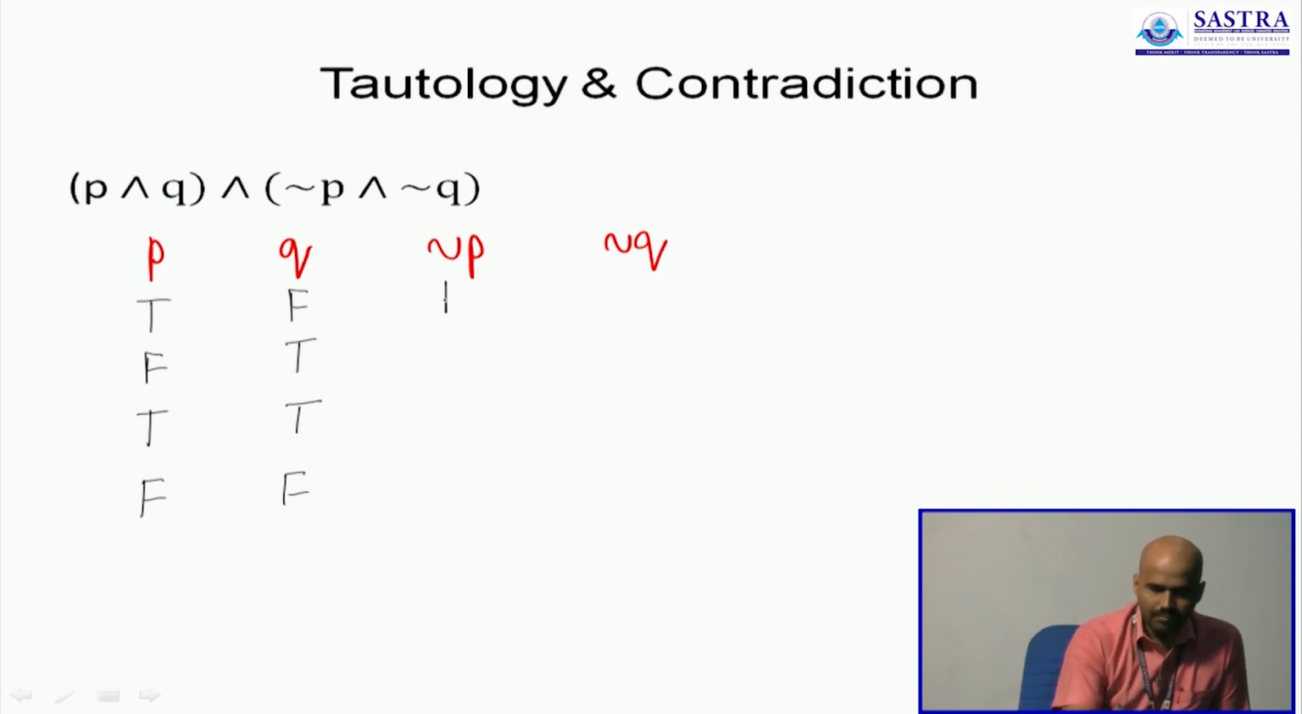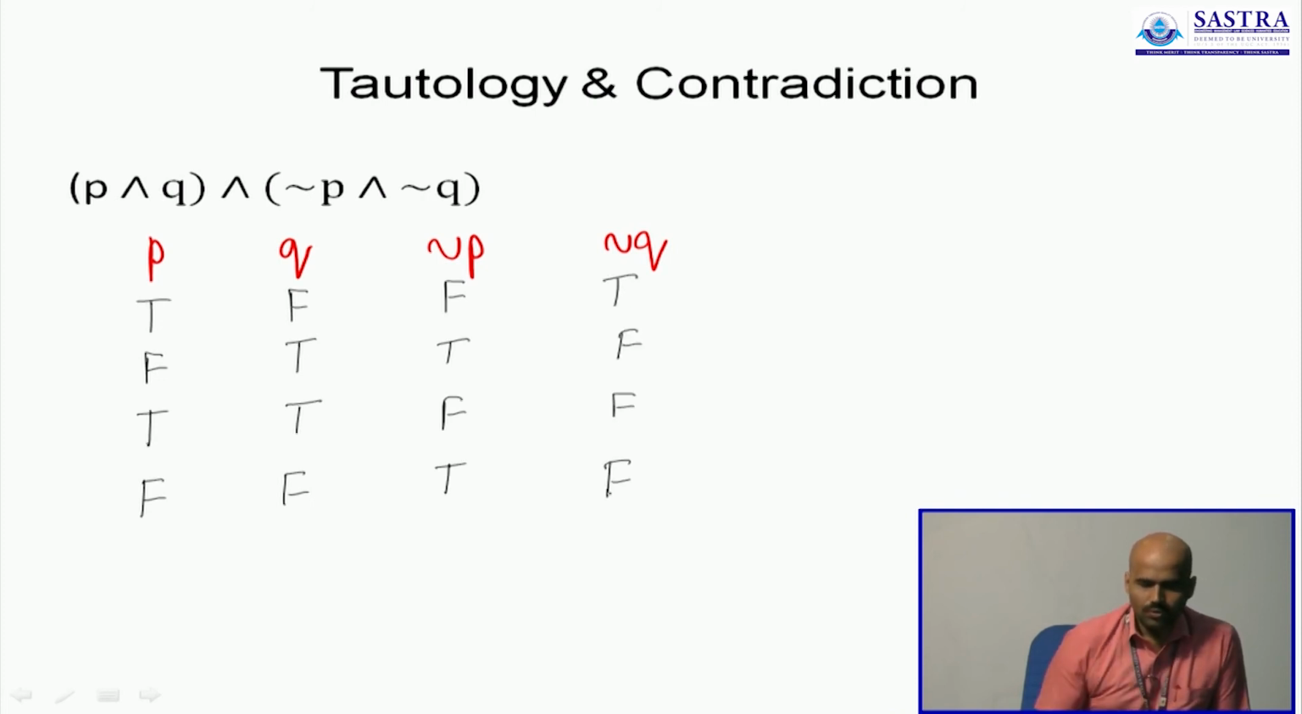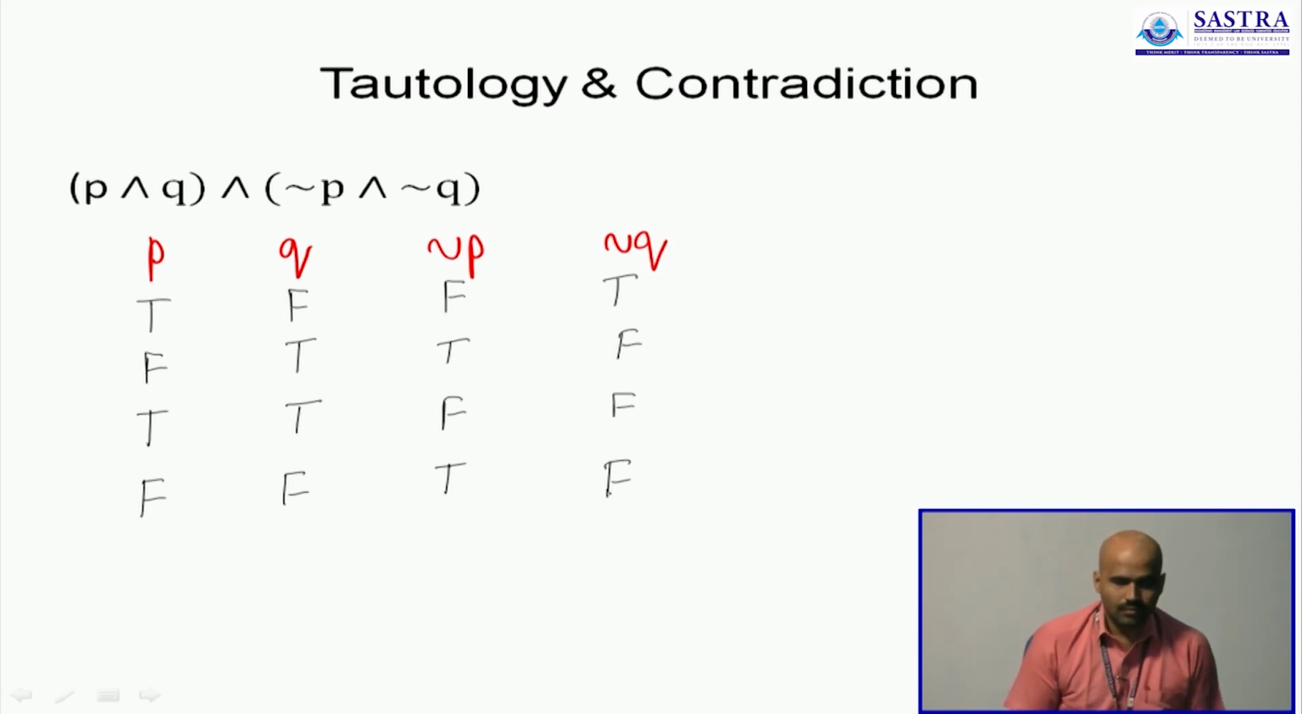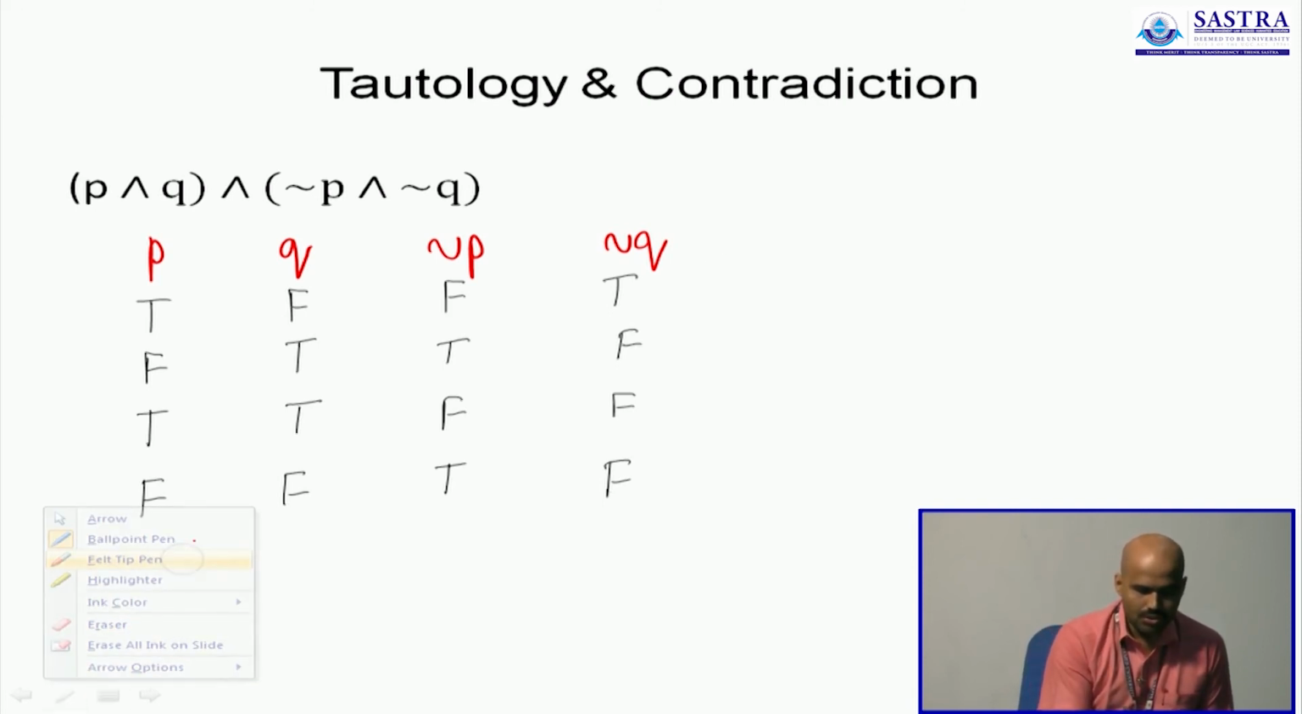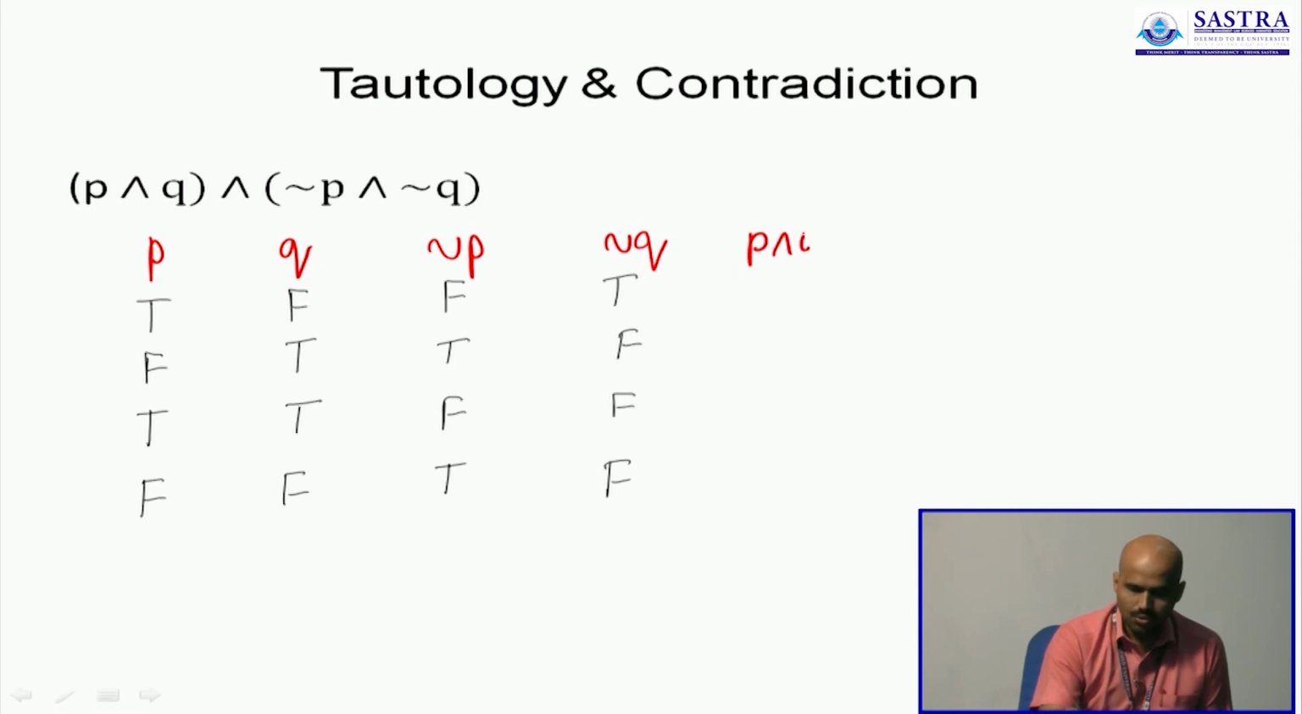We'll negate them. We'll negate this also. Now we'll compare them and find 3 conjunctions. All of them are conjunctions. So first between P and Q, next between the negations of P and Q, and then we'll combine